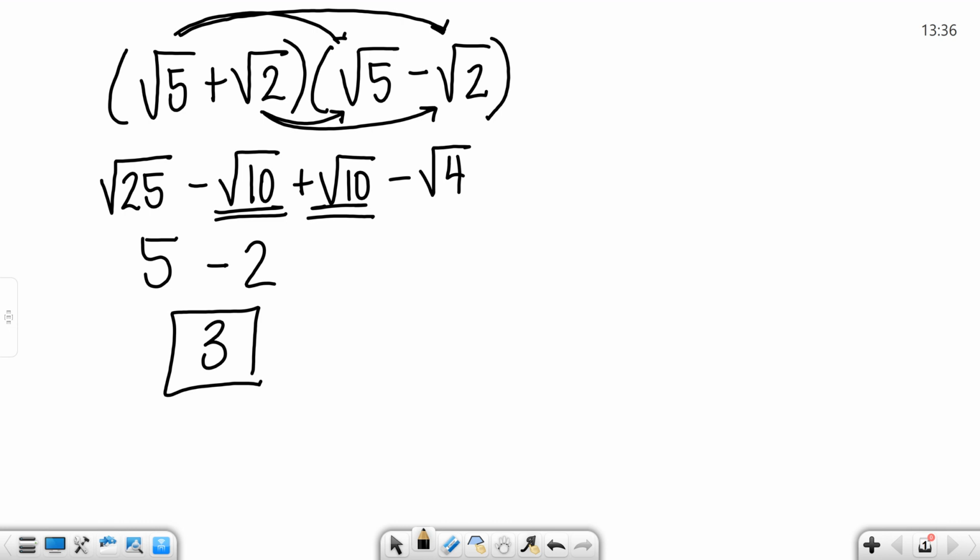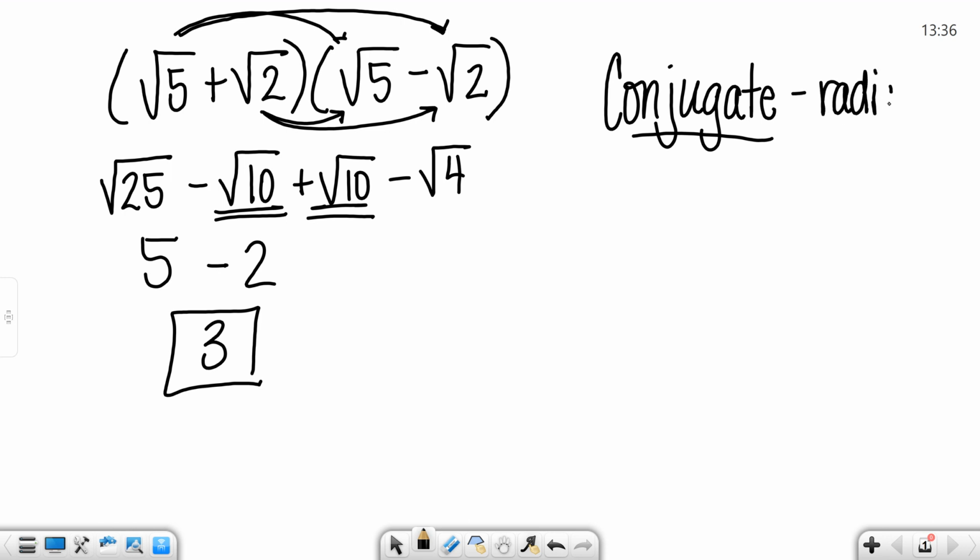All right, now this particular problem has a name. When that happens, it looks like difference of squares up there. That's called a conjugate. And you're going to see that word again. I'm going to say it again. You're going to hear it. You're going to see it in directions sometimes. All right, so here's what it is. It's a radical expression